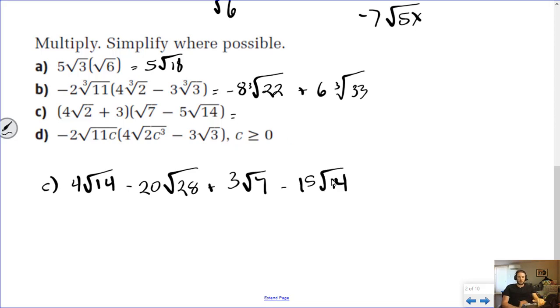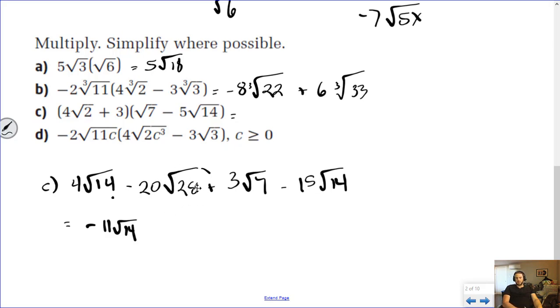So now at this point, what we need to do is make sure that we are simplifying everything that can be simplified. And what I mean by that is, we have 4 root 14 here, and negative 15 root 14. Since they're the same radical, we can do that subtraction. 4 minus 15 is negative 11. Sorry, negative 11 root 14. Now these two are still left over, but 28